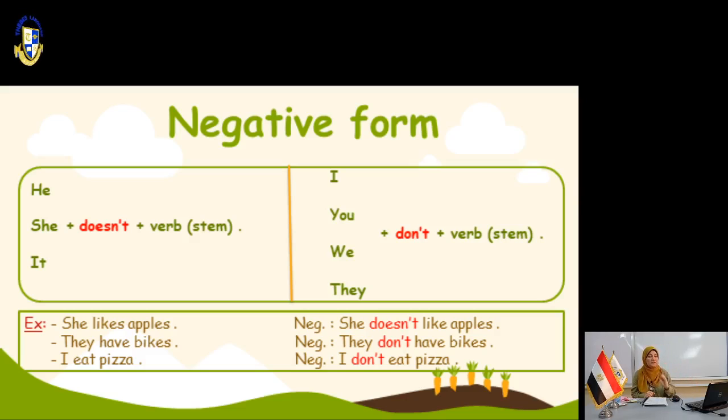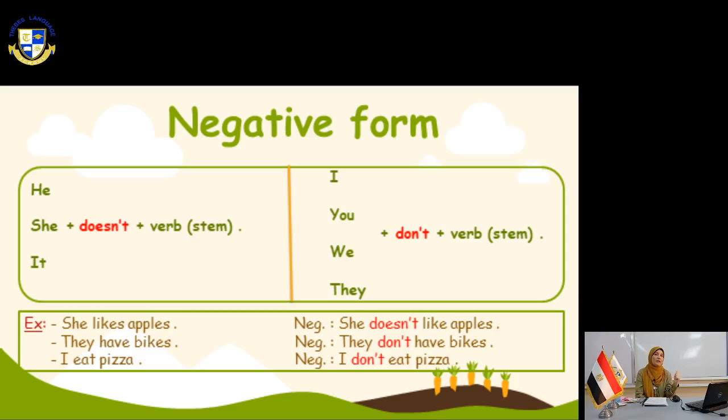This is the negative form. Does not, doesn't, with he, she, it. Do not, don't, with I, we, you, they. And then the verb that comes after doesn't or don't is in infinitive without any change. For example, we have here, she likes apples. The verb like, we add S to the end of it because she is a noisy kid. So, she likes apples. In the negative form, she